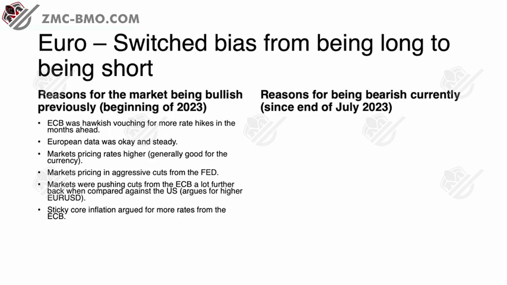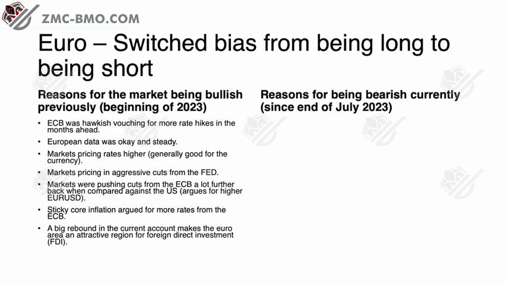Sticky core inflation argued for more rate hikes from the ECB. So all we were doing is just monitoring the data every single week, every single month, and asking, does this still seem feasible? And as we were heading into February, March, April, May, June, and towards the end of July, it did seem feasible. And then a big rebound in the current account makes the euro area an attractive region for foreign direct investment, known as FDI. You might have heard of that term before. Generally, the euro does perform pretty well in that sort of environment, and it's seen as attractive, if you will. So those were the reasons why we were bullish the euro heading into 2023, up until basically July, August.